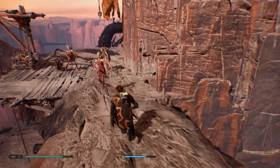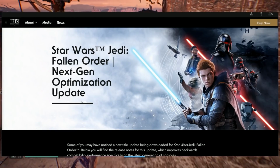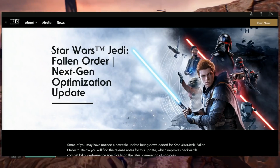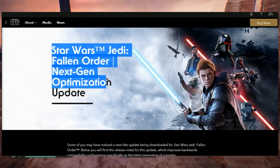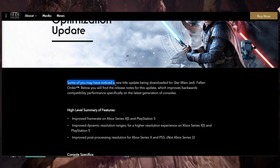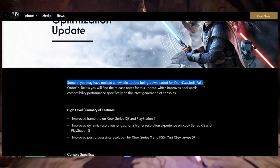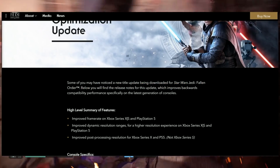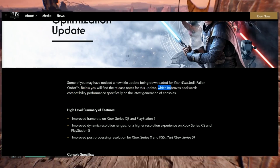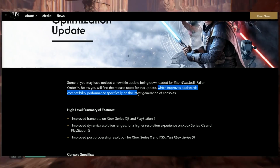say about the next-gen update on the Star Wars Jedi Fallen Order official website. So this is the article they published today. It says Star Wars Jedi Fallen Order next-gen optimization update. And it says, some of you may have noticed a new title update being downloaded for Star Wars Jedi Fallen Order. Below, you will find the release notes for this update, which improves backwards compatibility performance, specifically on the latest